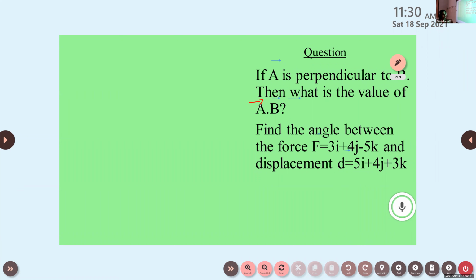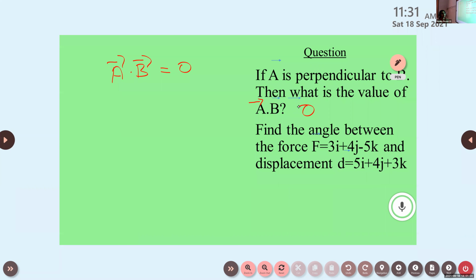If you attend, yes, very good. Who said that answer? Okay, Sabrinath. Very good. Why is vector A dot vector B equal to 0? Yesterday we said the reason. In the previous class, we studied the characteristics of the dot product. If the dot product of two vectors is equal to 0, then we can say that the two vectors are perpendicular to each other. So here you don't need to do any kind of calculation. If vector A is perpendicular to vector B, then vector A dot vector B is equal to 0. So the first answer is 0.